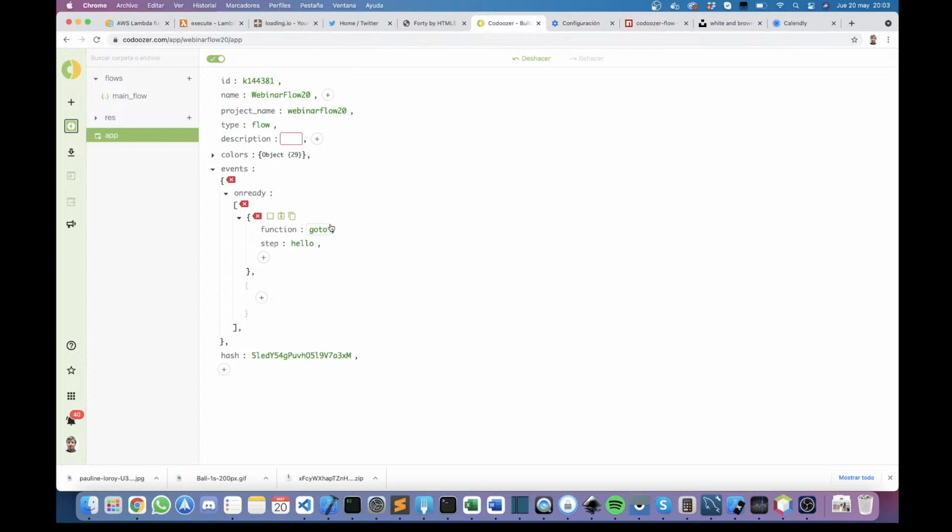And then we have this function, go to step hello. This will open, I mean, these flows are always opened in layers. They are like layers over your website, and you can have more than one flow at the same time. So for example, let's create another flow